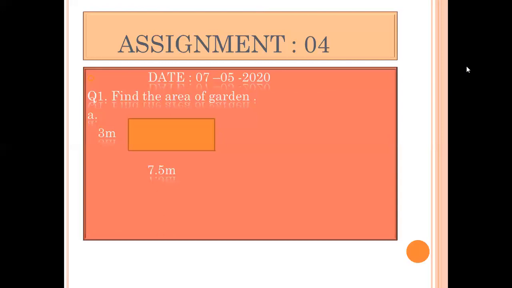How can we find the area of composite shapes? We divide the composite shapes into 2 or 3 basic shapes, maybe a rectangle or a triangle or a square. Then individually we calculate the area of the rectangle or a square or a triangle. After finding the area of the basic shapes, at the end we add up all the areas and we will get the area of the whole composite shape.